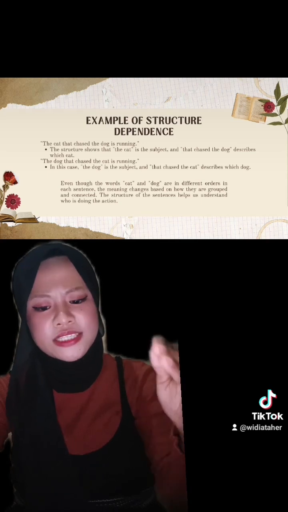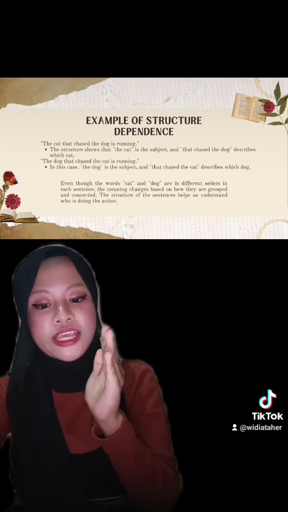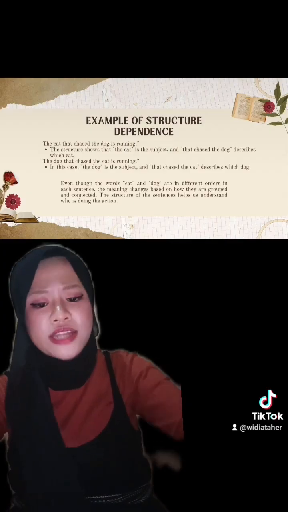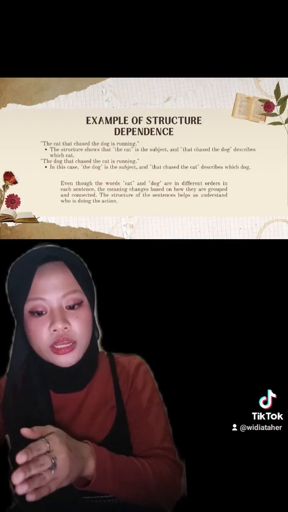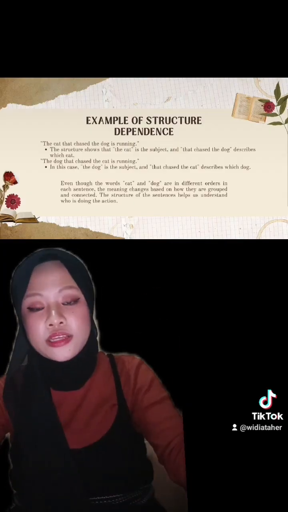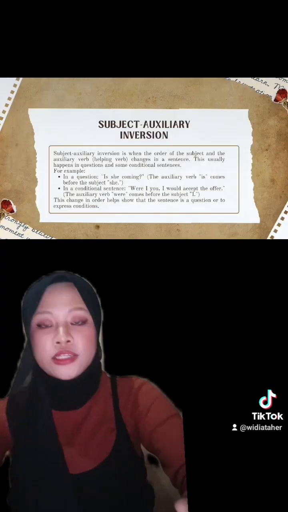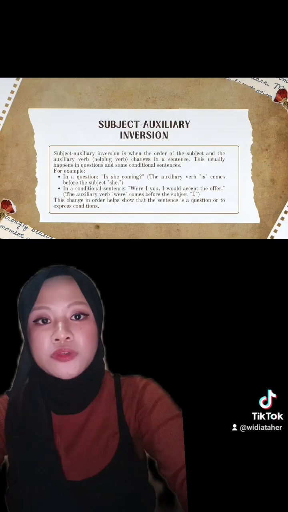So in this case, the dog is the subject. When we ask who is running, the one running is the dog, not the cat. Thank you. The next one is about subject auxiliary